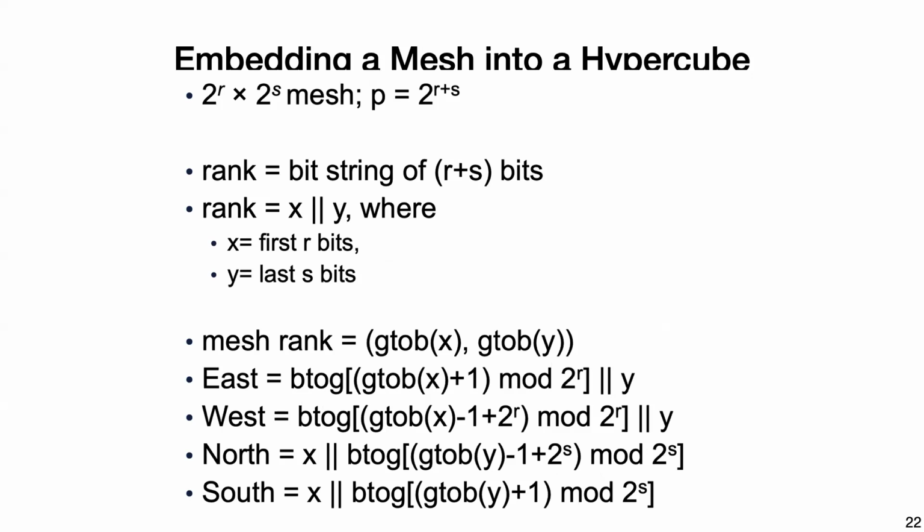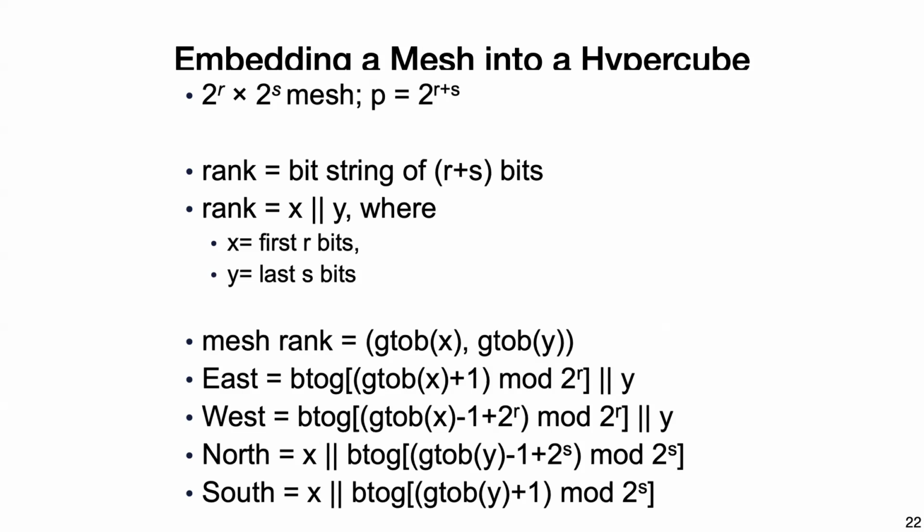If you have R bits for the row and S bits for the column, X is the first R bits, Y is the lower S bits, and now you have some things. Before we only had left and right neighbor. Now we need to do left, right, up, down neighbor. And